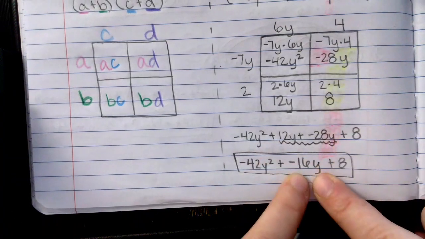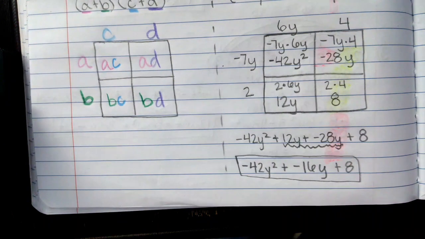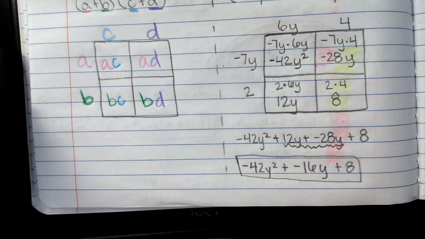If you wanted to, you could go back and color code it. So if you want to do negative 7y,